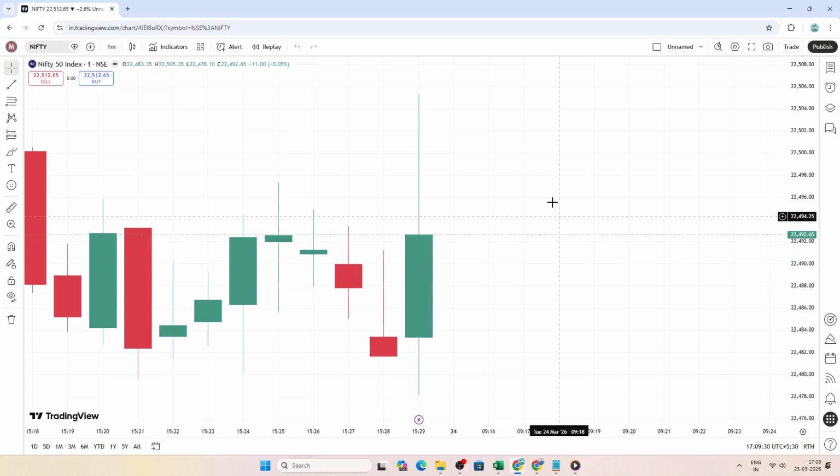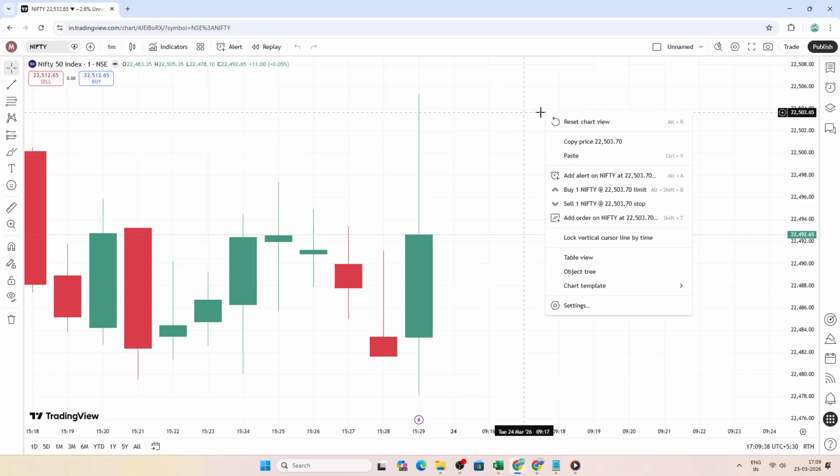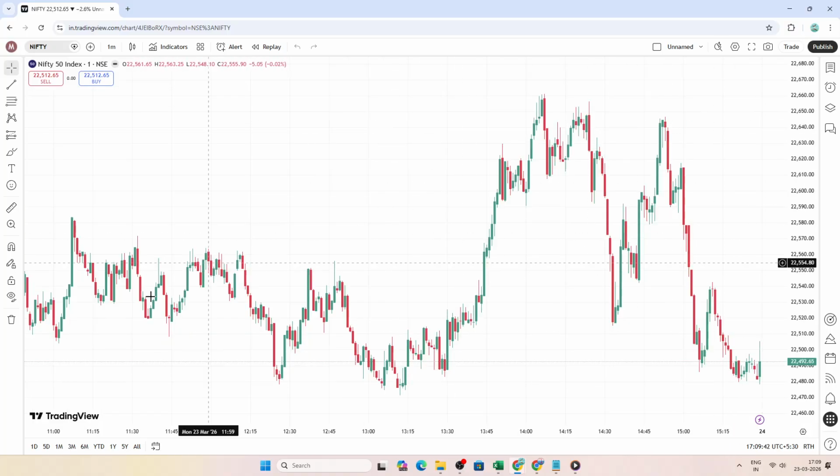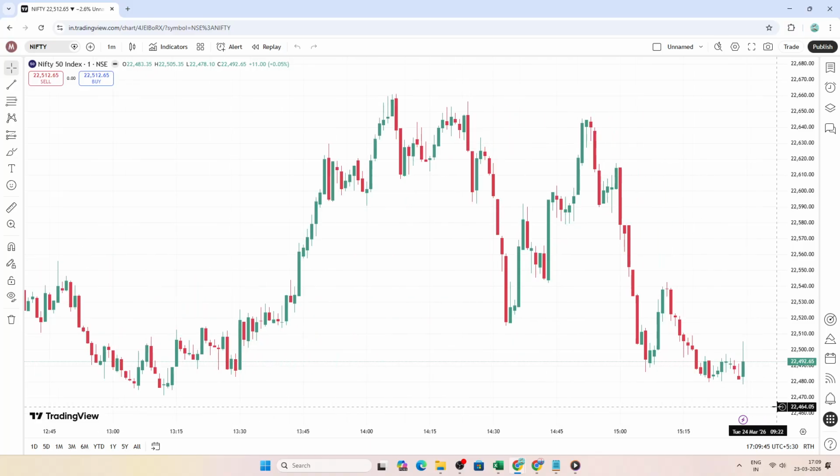Now, if your issue is that candles have disappeared off screen, prices look squashed, or the timeline has drifted, you may not need a full page reload. Instead, use Reset Chart View. Right-click anywhere on the chart area and select Reset Chart View. This instantly recenters the price and time scales, bringing current candles back into focus without reloading the page or refetching